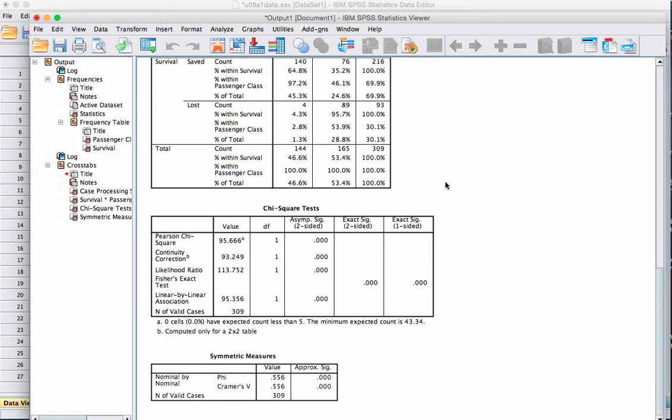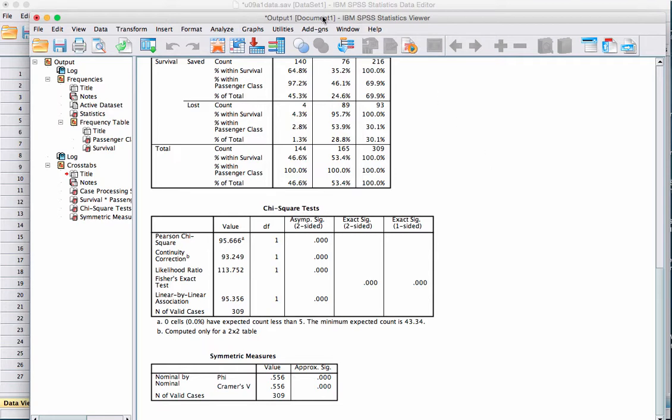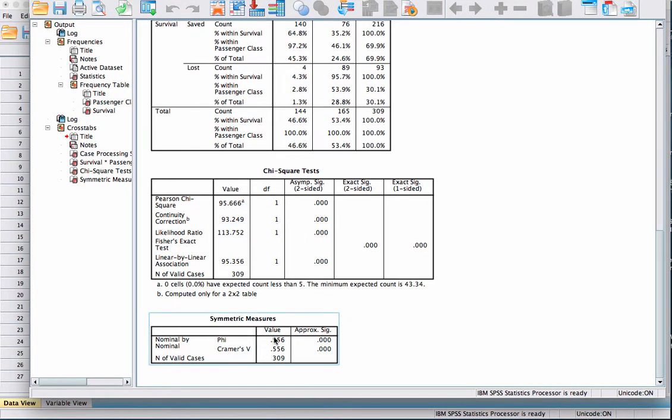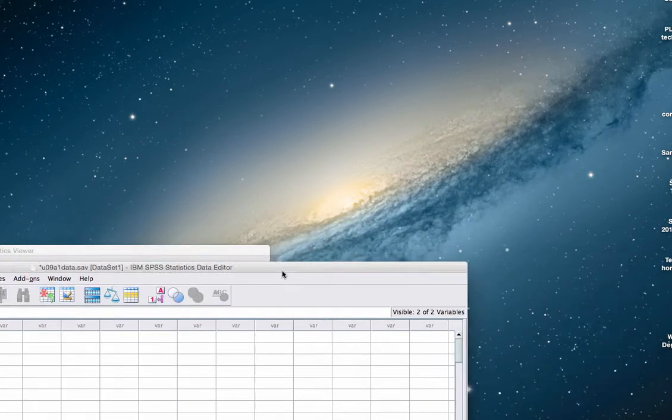Okay, so now we go to the chi-square test, and we can see that the chi-square value is highly significant. So that means that there is a relationship between survival and class, or the place where women were sitting. Then we can also see that our phi coefficient and Cramer's V, which are basically the same thing, is large. It's a large effect. Now, the one other thing that I want to show you to help you interpret this analysis, let me see if I can find it here,